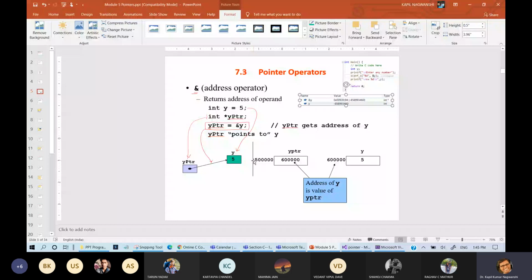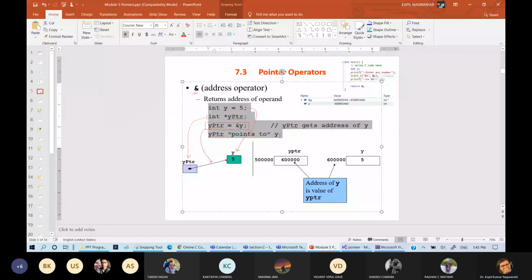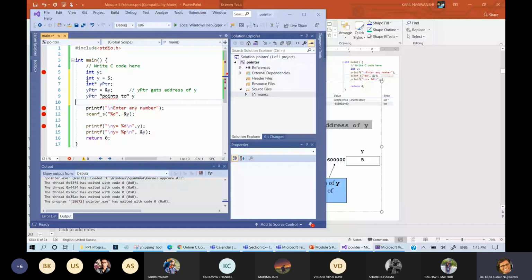So let us write this simple program. Whatever is written here, let me copy this. Integer Y is written. And one more pointer I had declared. And let us now initialize this value to 980.